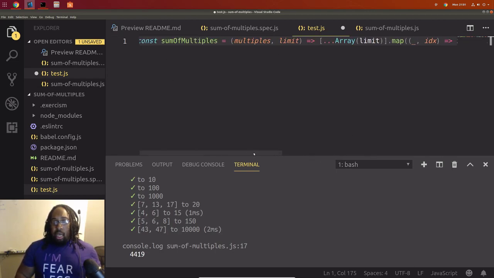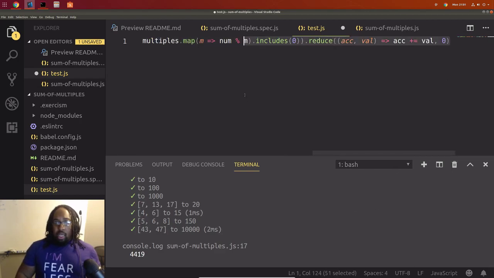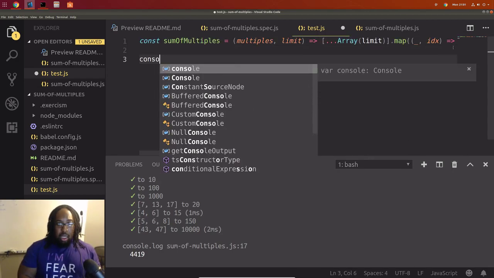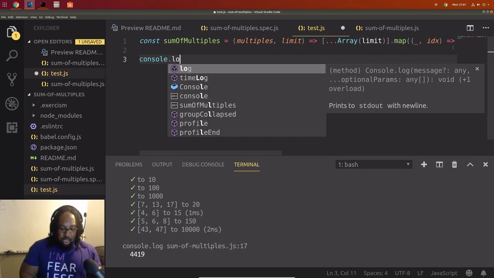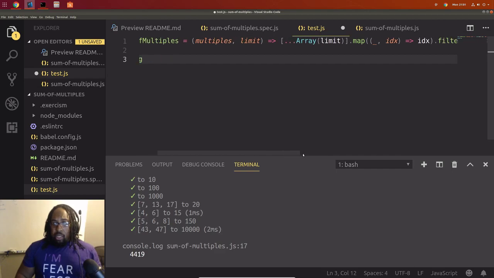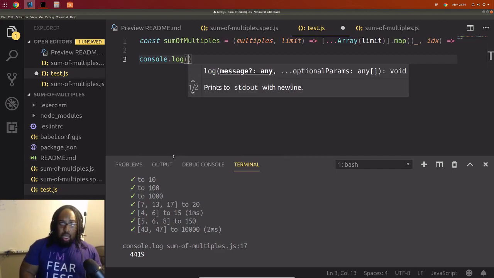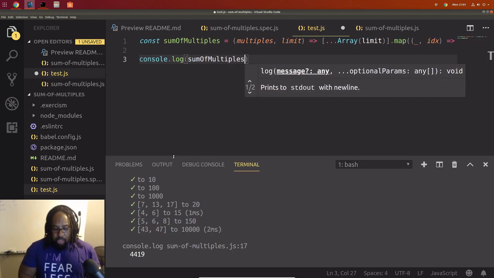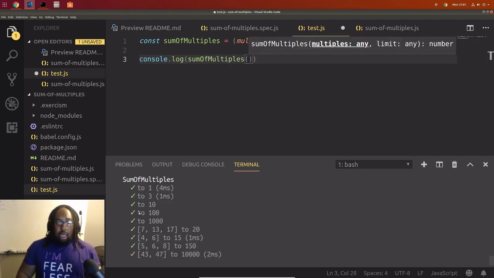But if I set it as a constant, I can just run this. I think I could do it the same way. Let's pass in the same thing we have here.